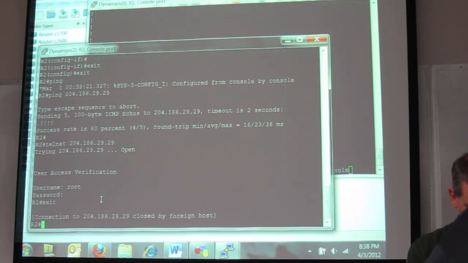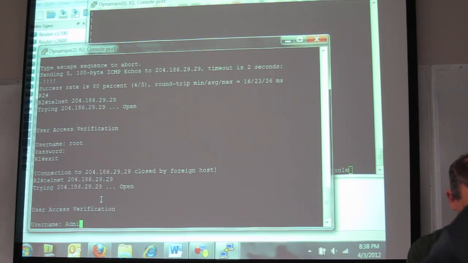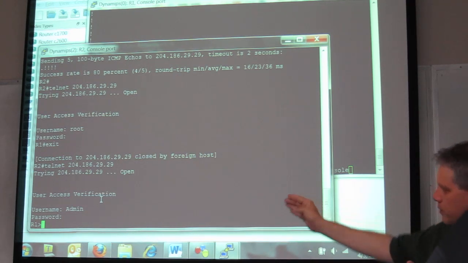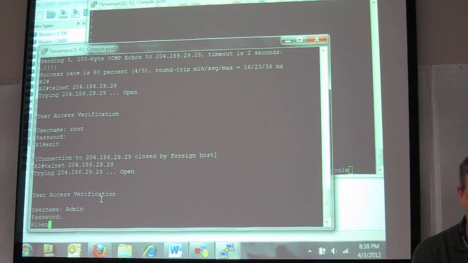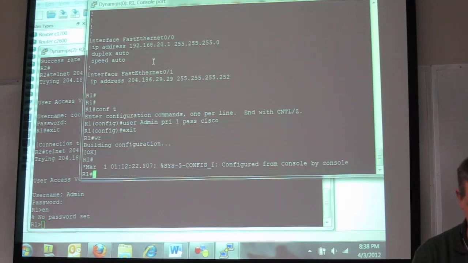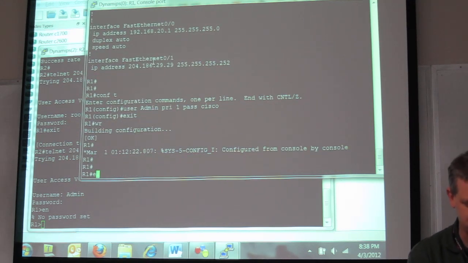Now, let me exit. Let me telnet back, and this time when I use admin, password Cisco, I just come to my regular prompt. So if I wanted to get in with that user, I'd have to use the enable password, right? But I don't have an enable password set. So just for argument's sake, let's set an enable password of,